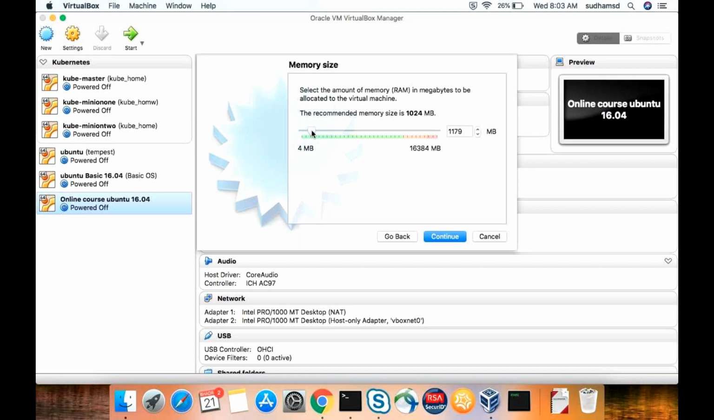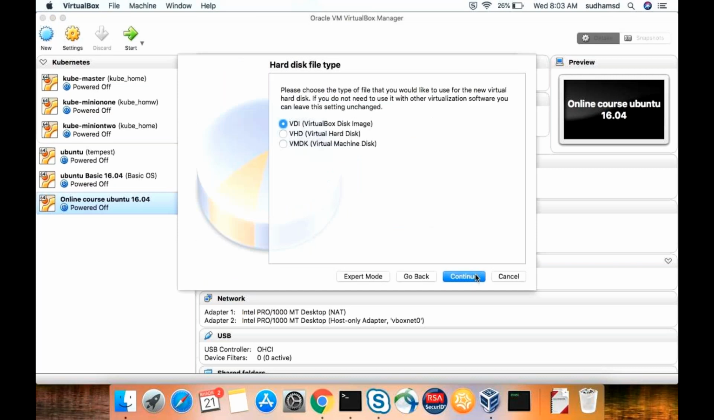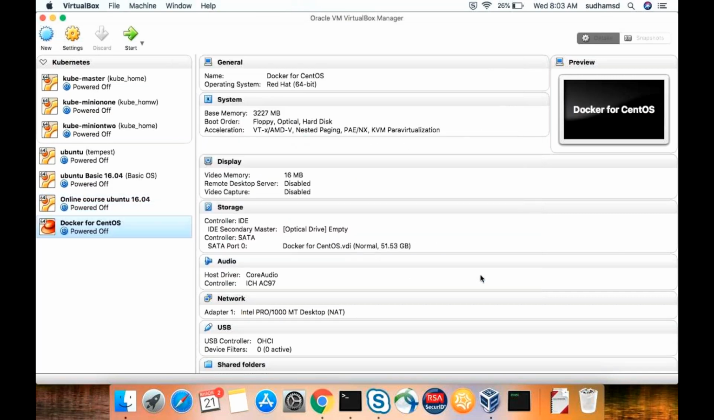So I'm allocating 2 GB of RAM to this, or 3 GB, whatever it is. Continue, create, then continue, continue, and here select the size. I want to allocate 50 GB. Create. Okay, so now what we need to do? Go to settings,